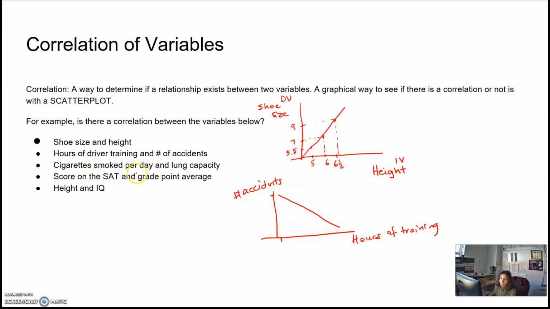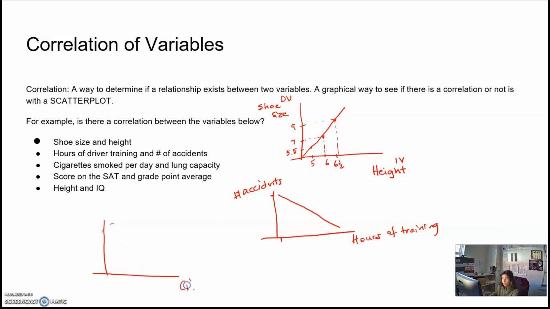How about cigarettes smoked per day and lung capacity? Would we expect a relationship there? Would we expect that as somebody smokes more and more cigarettes, their lung capacity would be increased, decreased, or stay unaffected? I think if we know anything about cigarettes, we know that the more we smoke, the worse our lung capacity is. So again, in this situation, we would expect to see something where the more we smoke,